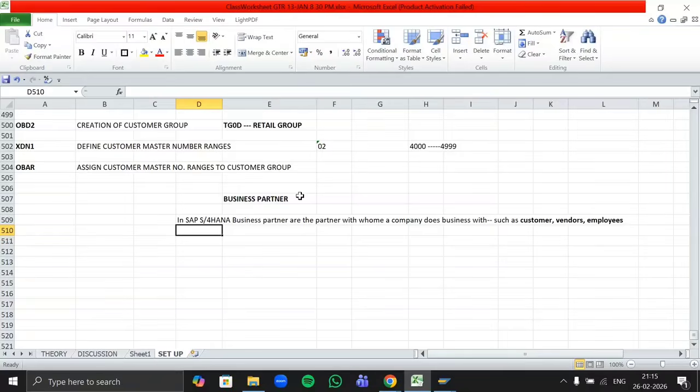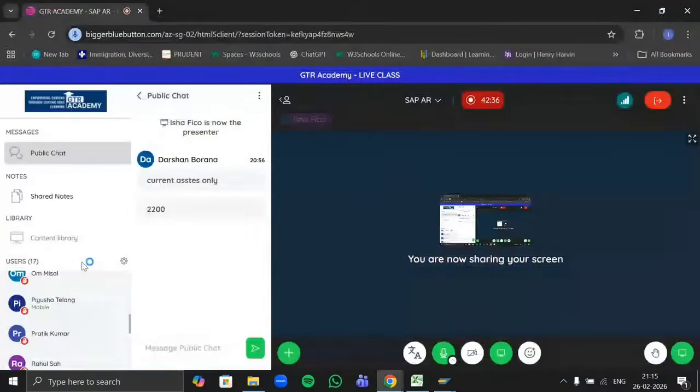Now, what is the difference there? So first of all, let's understand business partner. Business partner is nothing but maintaining the central master data for our customers and vendors. Whoever is a customer here, let's say Om is a company, and Om is doing sales of garments. Let's say inventories they are selling, the finished product they are selling there. So I am purchasing. Sorry, he's selling to me. I am the customer there.